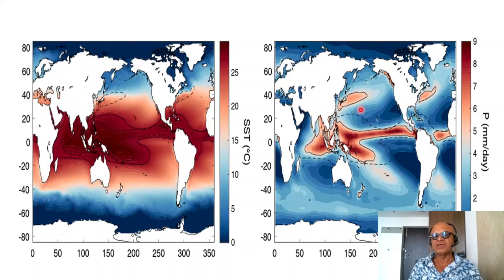So you have the deserts of the ocean and rainfall in the ITCZ, SPCZ, the Indian Ocean region, and the mid-latitude storm tracks as well, with some differences in the southern hemisphere because of the Southern Ocean being very unique. So this gives us the freshwater forcing, and we looked at the salinity budget,